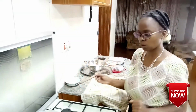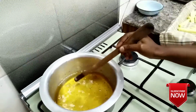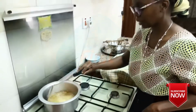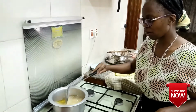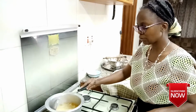So we need to check our oil. I've already checked it, and we need it on medium high. Guys, for this part, we only need to put the potatoes in the oil for about 3 minutes. Actually, if you can,